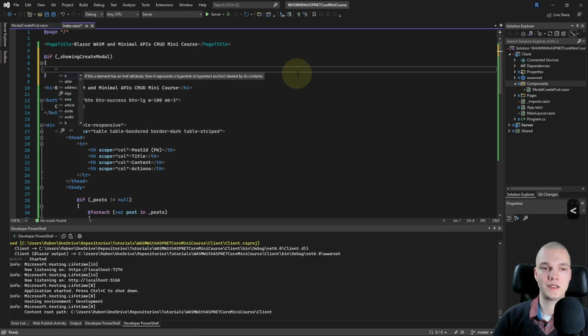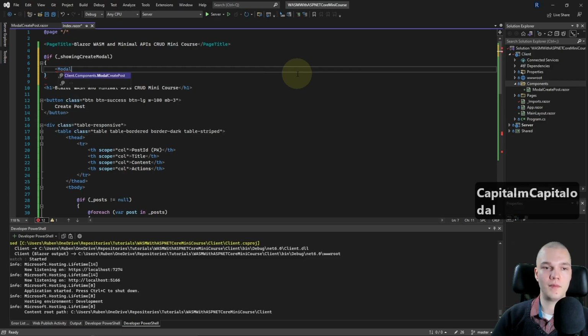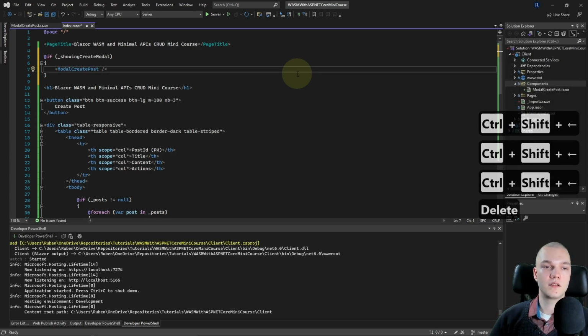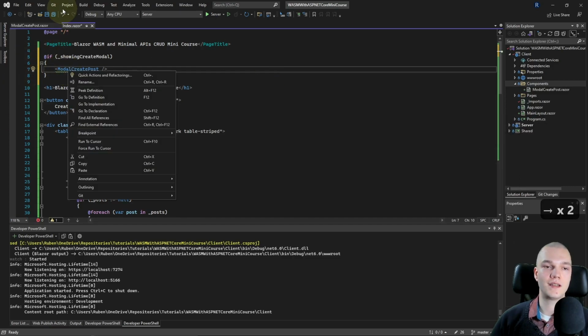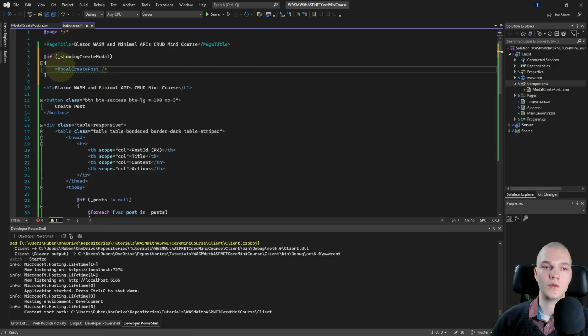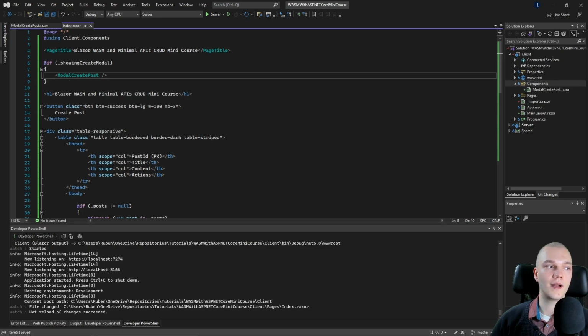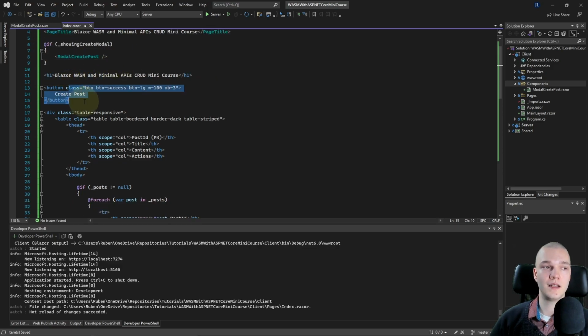So a less than sign, and then I'll type ModalCreatePost, just hit tab to accept that. I'll remove the Client.Components and just right click it, go to the quick actions and import the using statement. Alright. Okay, so now we simply need to set this boolean to true when the create button is clicked.